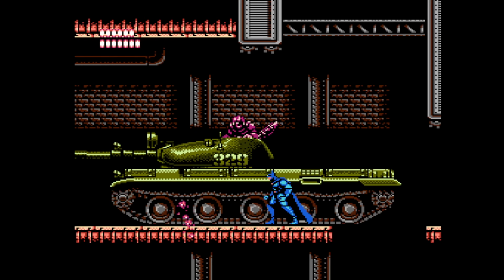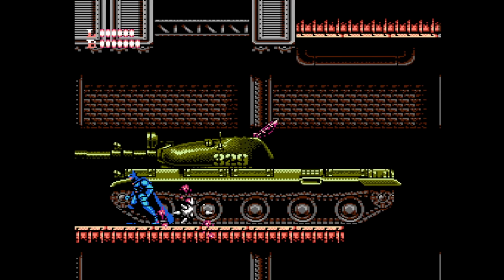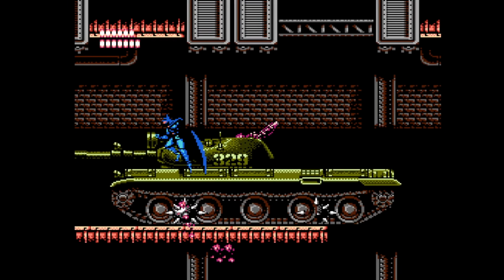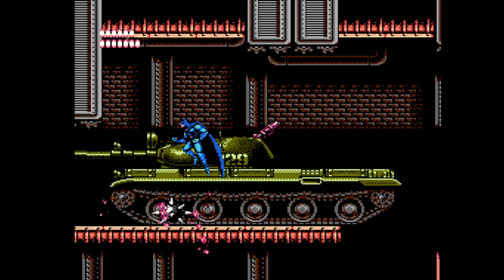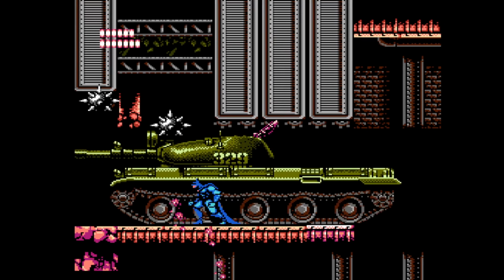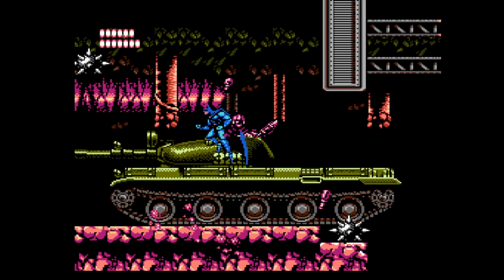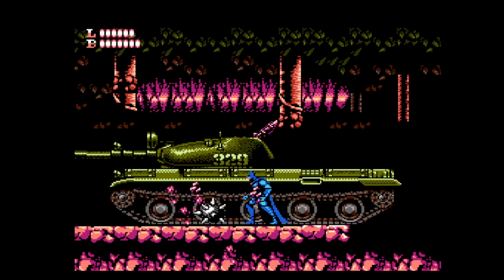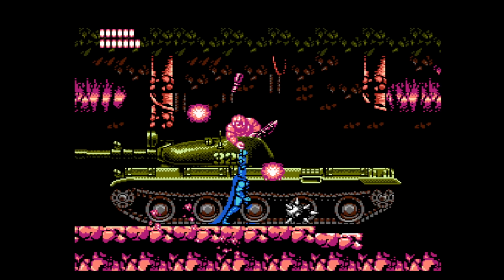So now 6-2. Just want to make sure you're not in the back of the screen. Mind the dropping spiked mace balls right there. And every time you take out the driver, or I guess just one of the guys in that tank, another one pops up about 3 seconds later. Like a clown car. How many of those guys did they fit in there? Probably weren't expecting us to kill this many of them, but...